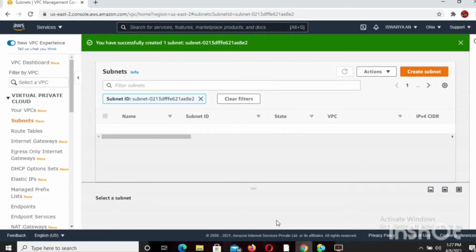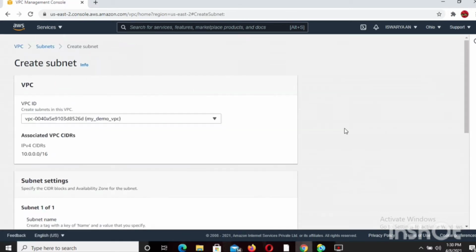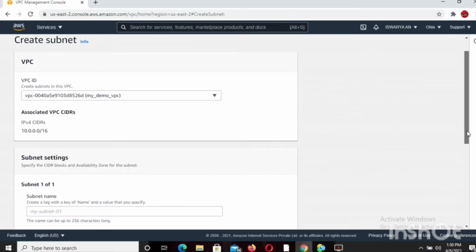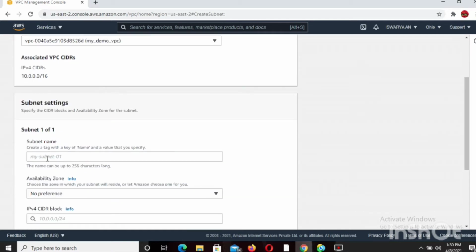Yes, we have created our public subnet, and now we are going to create another subnet, which is called the private subnet. Again, we have to click create subnet, choose the VPC where we have to keep it, and give the name as private subnet.